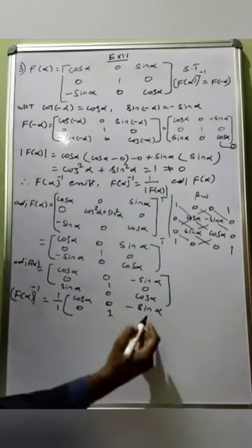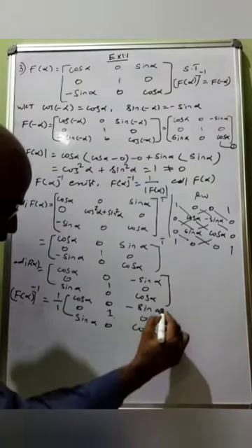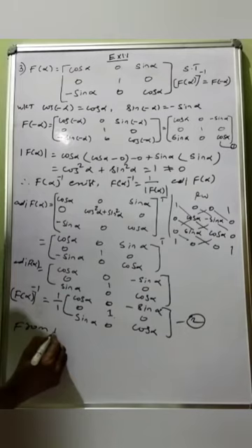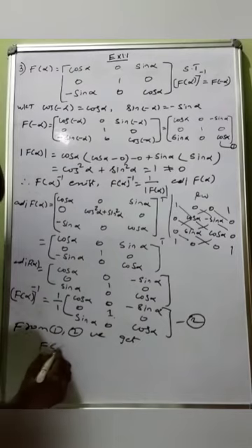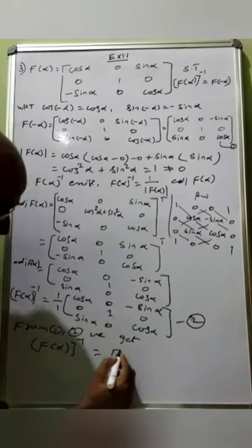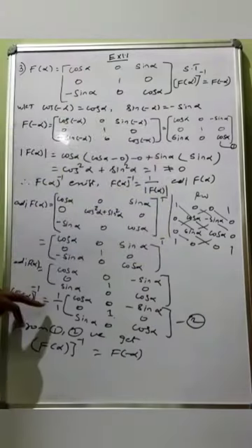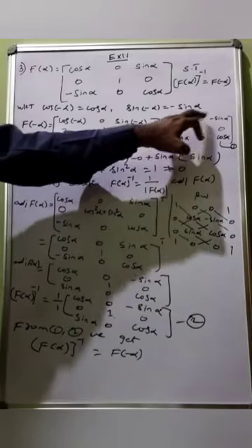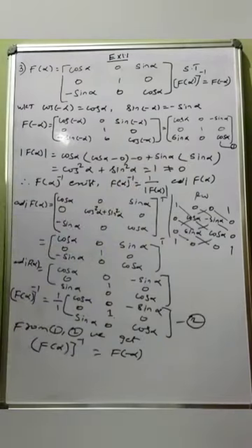Okay, 0 1 0, so sin alpha 0 cos alpha. It is equation number 2. From 1 and 2, we get (f of alpha) whole power inverse equal to f of minus alpha. So both answers are equal. First equation and second, you can compare it: cos alpha 0 minus sin alpha, 0 1 0, sin alpha 0 cos alpha. Okay.